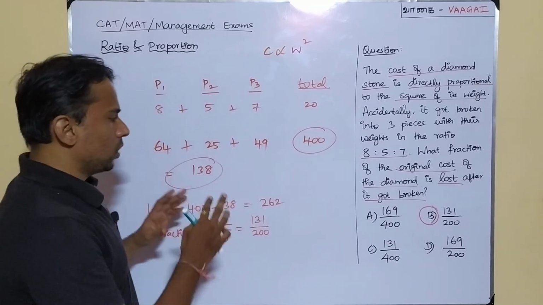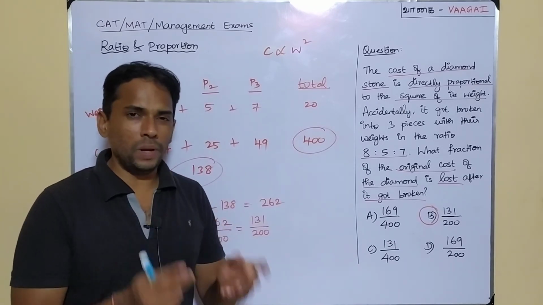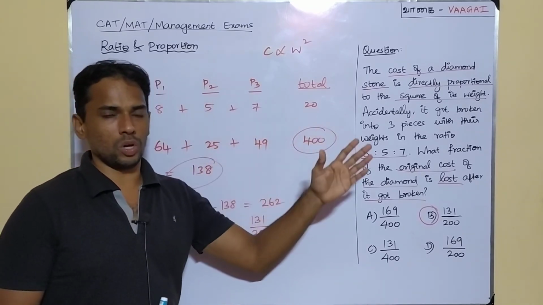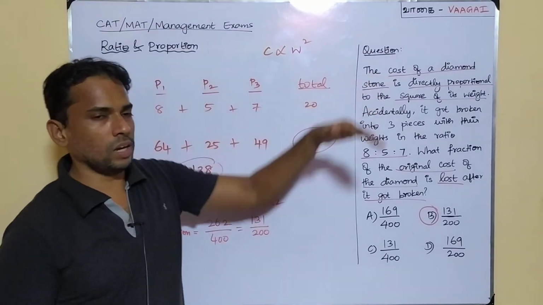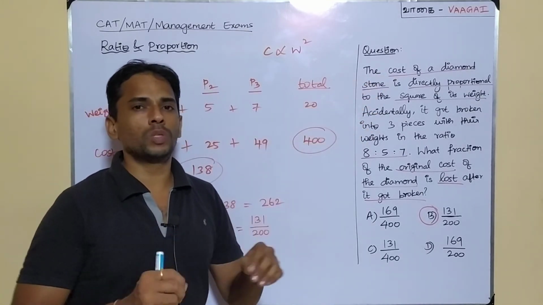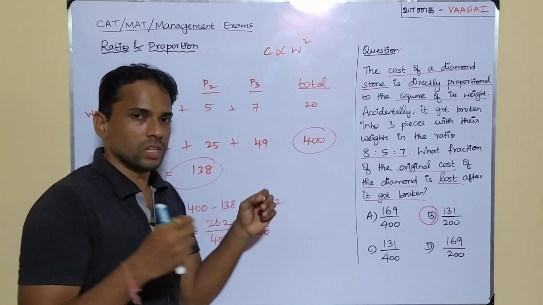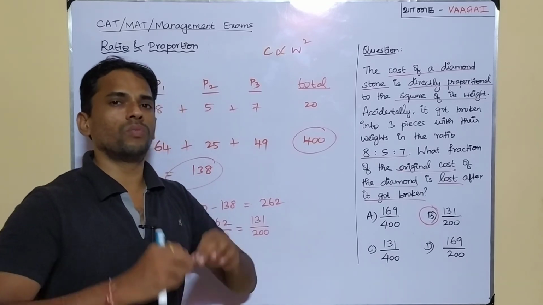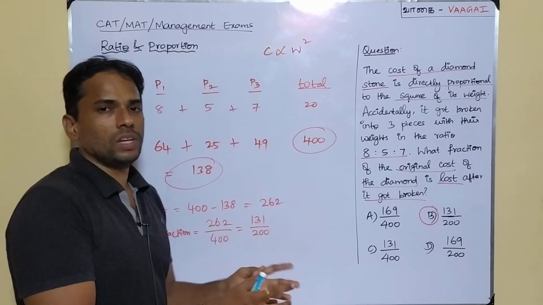I hope you are able to follow how we worked out this problem, and we are not going for any complicated steps at all. We are just simply playing with the numbers only. The given ratio, we just take the total parts and use the proportionality relation, and we don't confuse ourselves by taking any extra variables or inserting any proportionality constant. That would complicate the problem only. So in order to finish it in an easier way, we just play with these numbers itself, and that will easily get the answer.